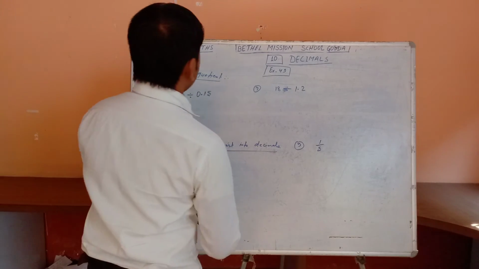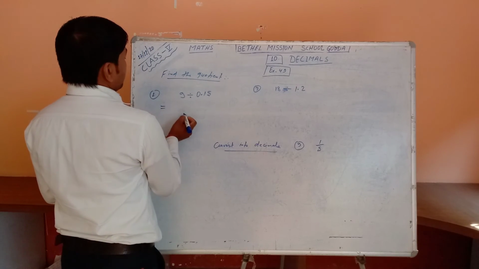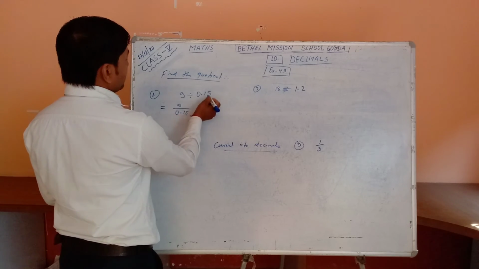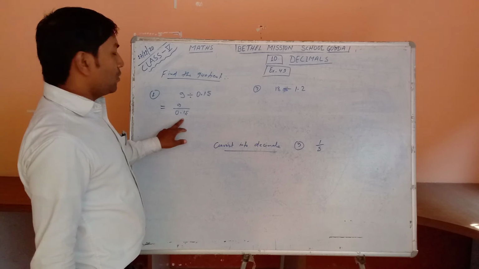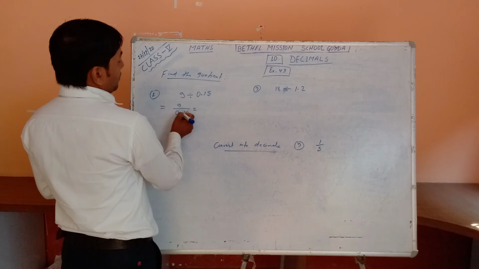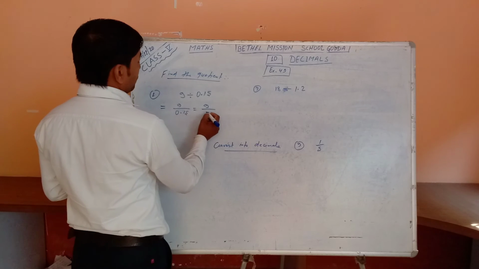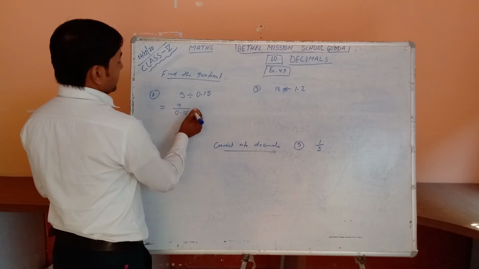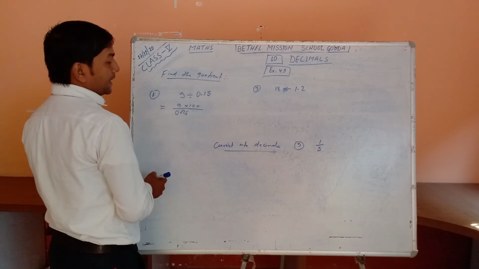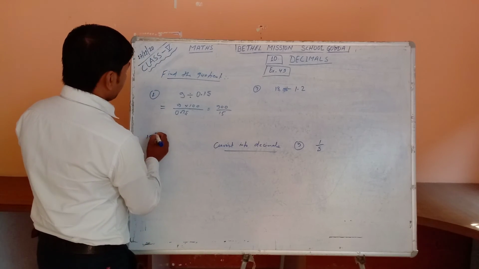Now I have taken some more examples of exercise 49. Find the quotient. Here is one difference: now the decimals are given with the denominator, that is, the divisor. So first we have to remove the decimal of the divisor. There are 2 decimal places, so we multiply with 100, so it becomes 900 and 15. So we can divide by 15.